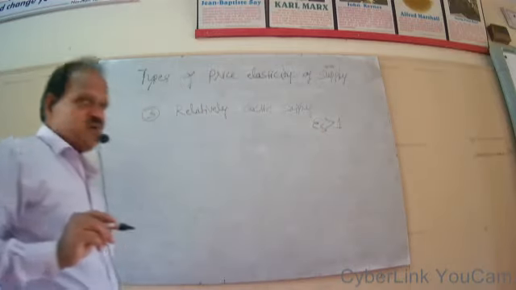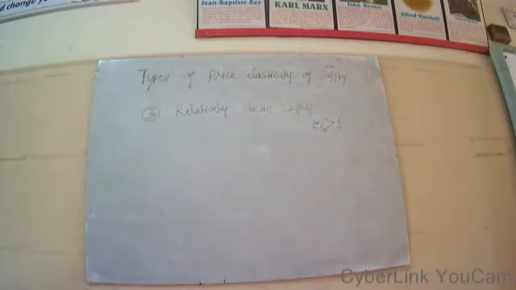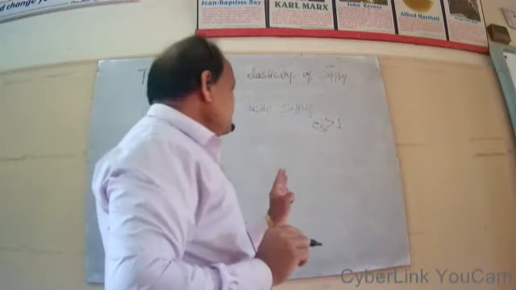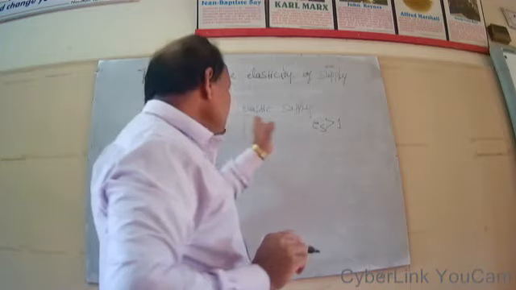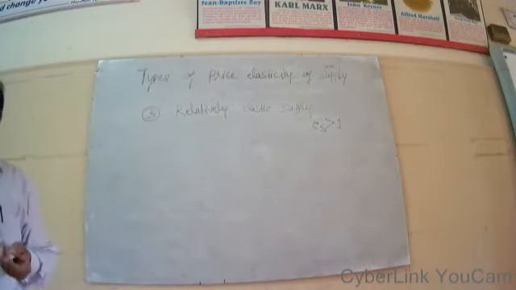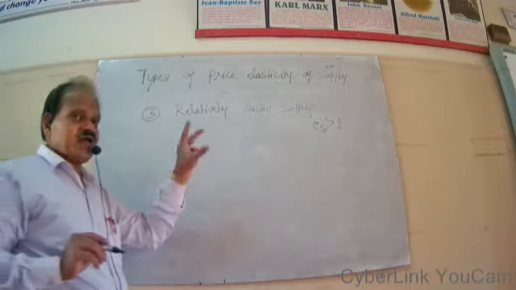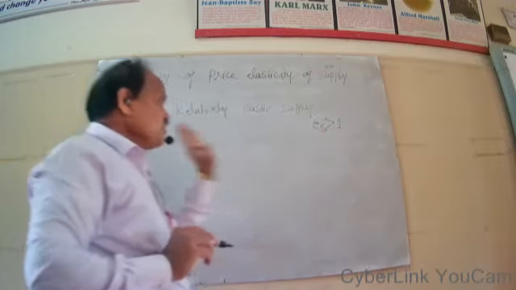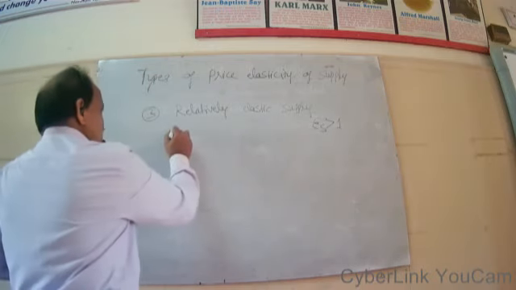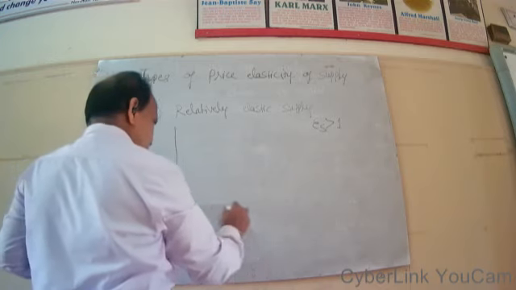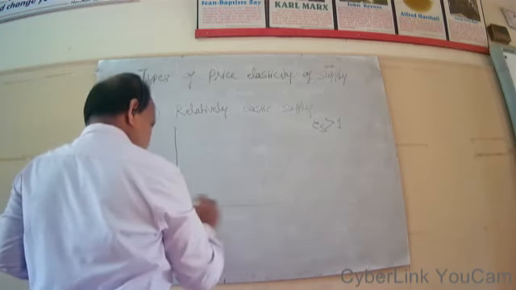In our last example, the value of price elasticity of supply was 1.33, and it is an example of relatively elastic supply, where the value of price elasticity of supply was greater than 1. So ES is always greater than 1 in this type. You can observe the shape of the supply curve in this type. I'm showing the diagram.